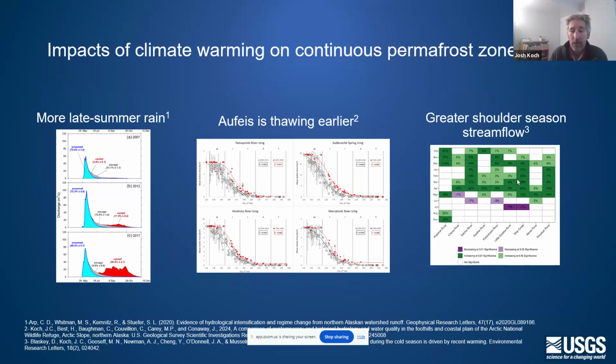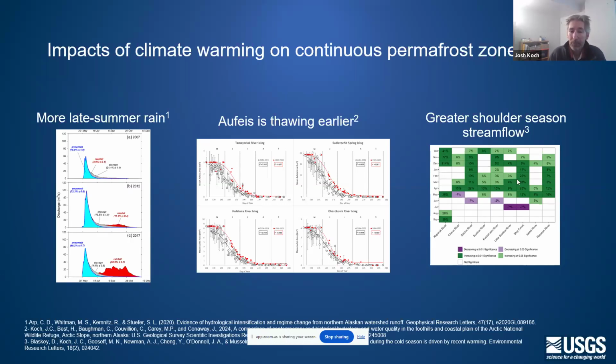So, as I'm sure we're all familiar, this is a region that's changing pretty dramatically with climate change. There's evidence that we're seeing more rain and especially more late summer rain that's influencing the river hydrographs. We have changes in our aufeis field. In many senses, they're thawing quicker. Potentially, they're not even developing as much. If there's more flow over the winter months in the rivers, it could be that aufeis is not developing